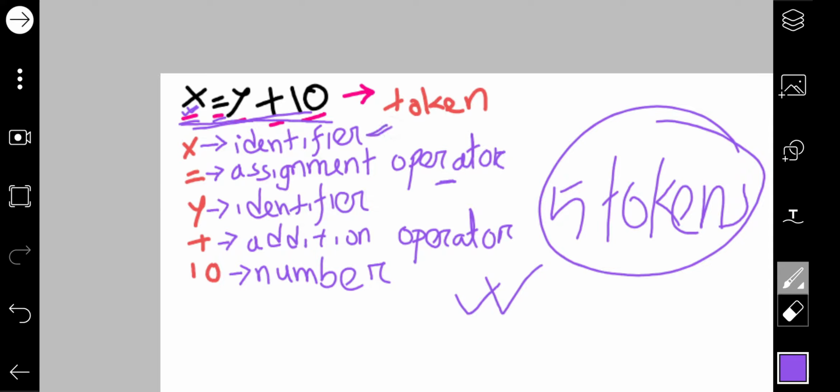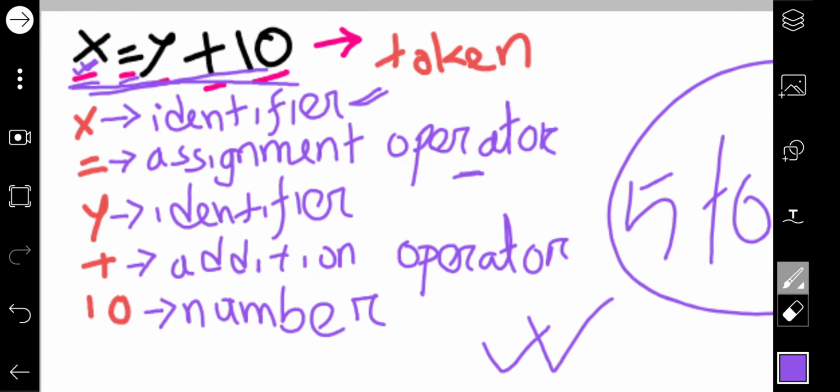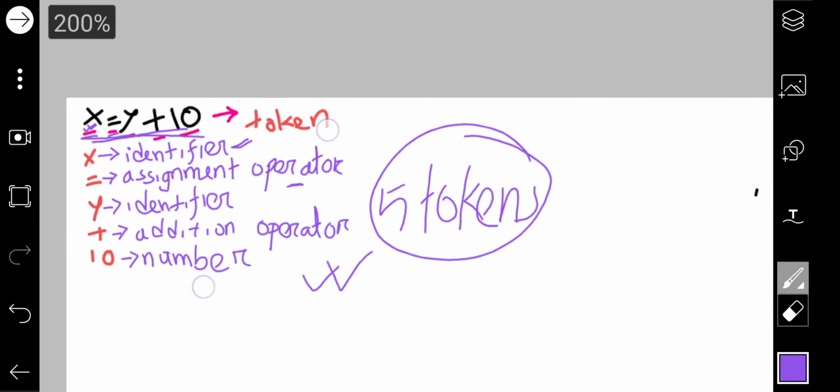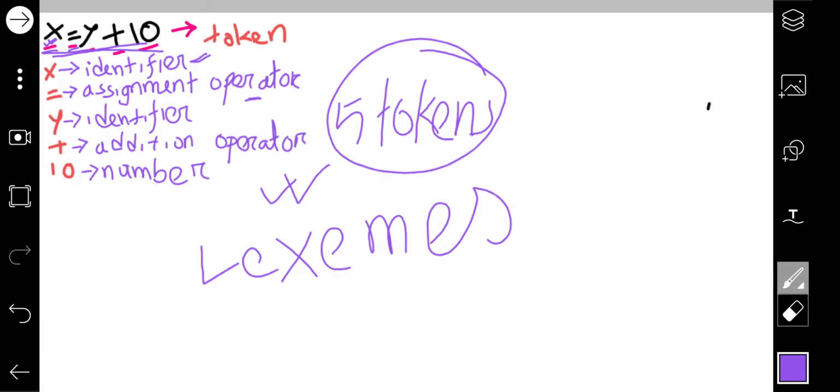For any variable, it will declare an identifier, and for the operator symbols, it will declare what work is actually being done using this operator. And the tokens are also called lexemes. So tokens are also known as lexemes.